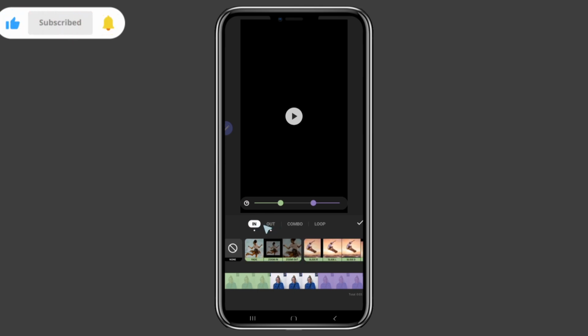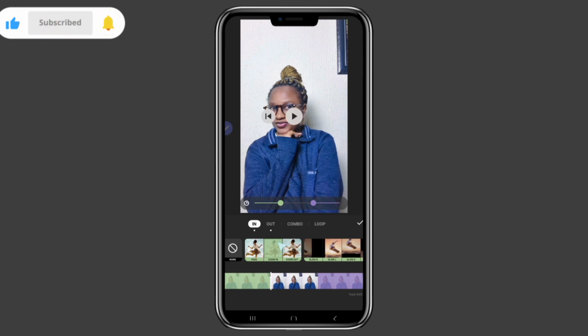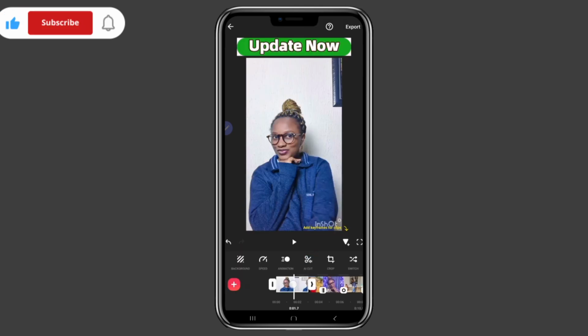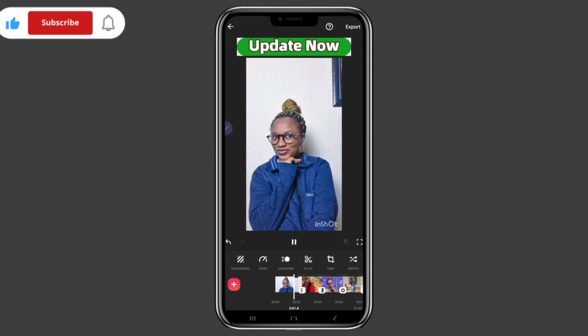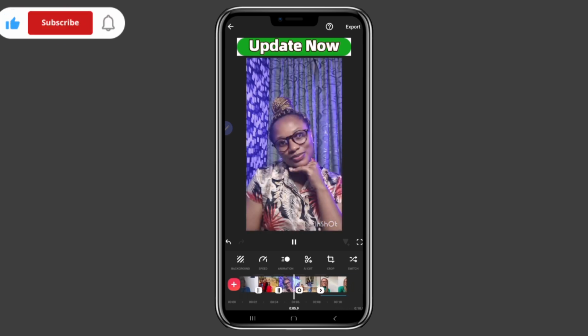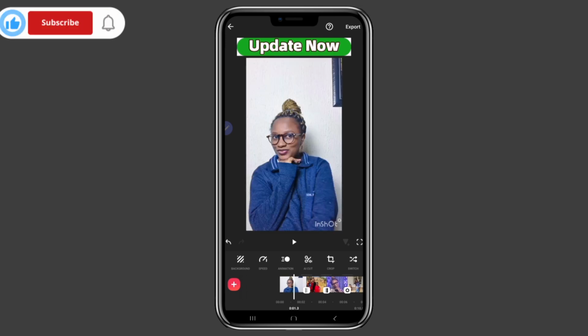It's on out. Let me go to in, click on zoom in for it, and then I'll go to out and click on zoom out. So let me play this so that you can just understand what I just did. I'll click on play. You can see that. So if you want to add animation to your videos just to make it more engaging,